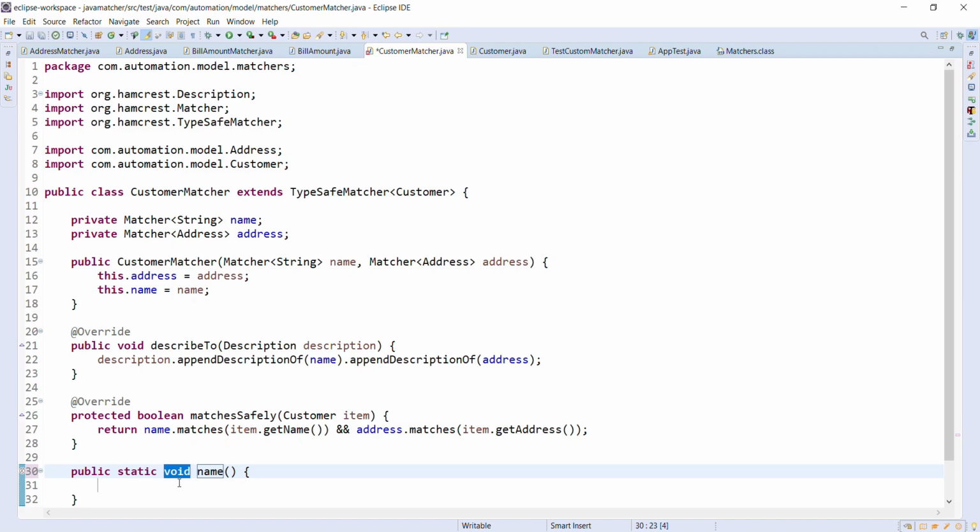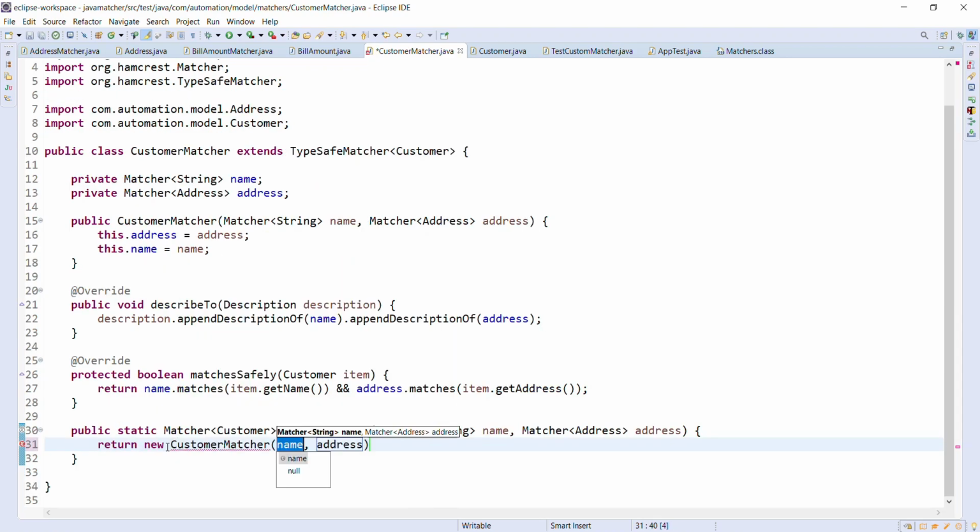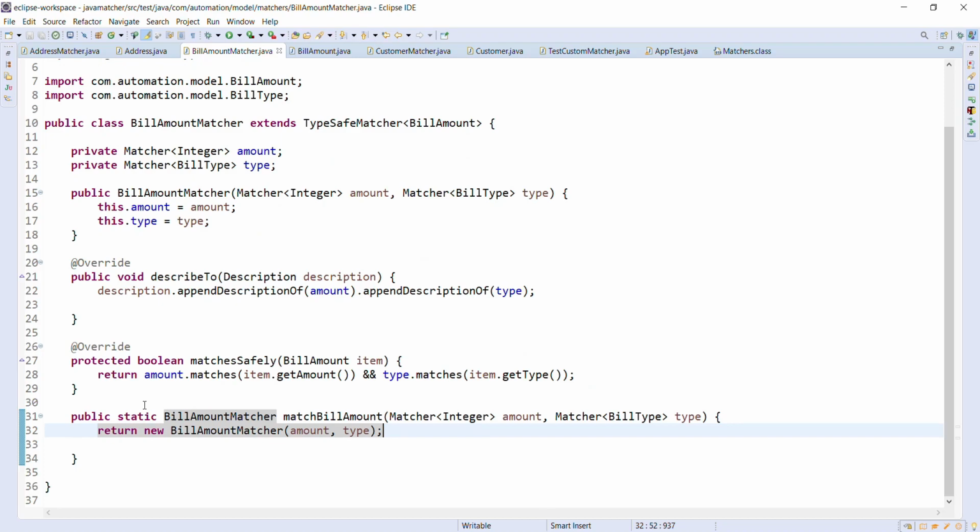So the return type of this method will be Matcher of Customer. And in a similar manner, I will change the return type of the method which is present inside the bill amount matcher. So this will be Matcher of BillAmount.